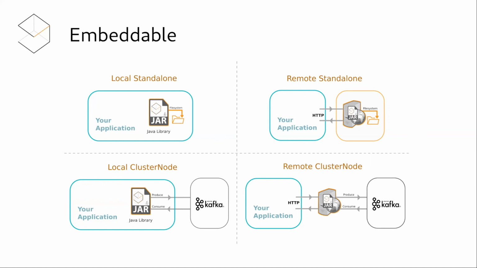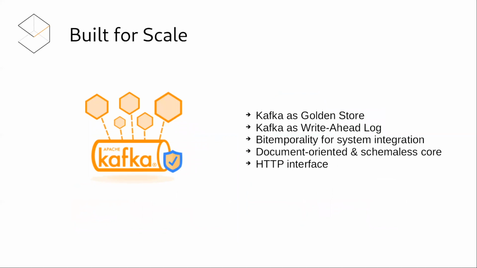So embeddable's quite big. But then, as I say, Kafka, it's a big deal, and we trust it. We think you should trust it as the golden store of data. It makes a very effective way of scaling applications and the database. And so whilst I wouldn't say Kafka is the database, Kafka is the golden store. And the Kafka team, the Confluent team, have written at length about why that's a viable strategy.